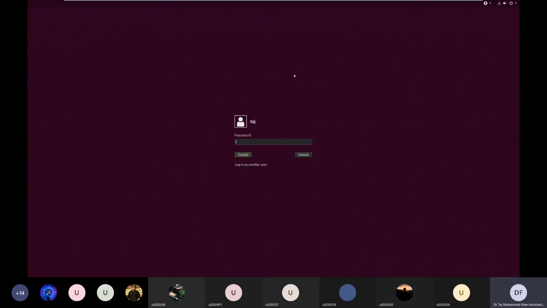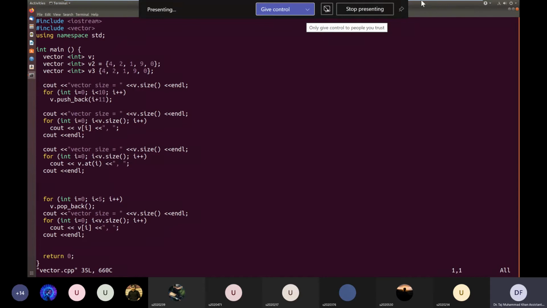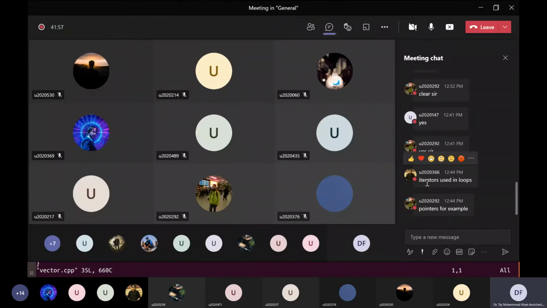In which context have you heard something similar to an iterator? Pointers are not as directly related as iterators in a loop. So iterator in a loop is a very good example.